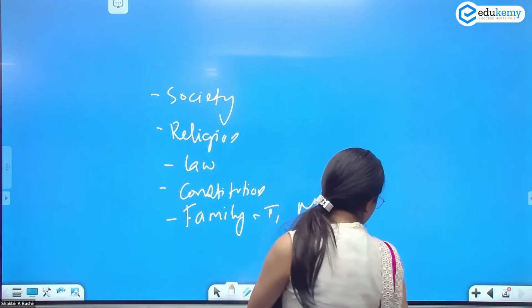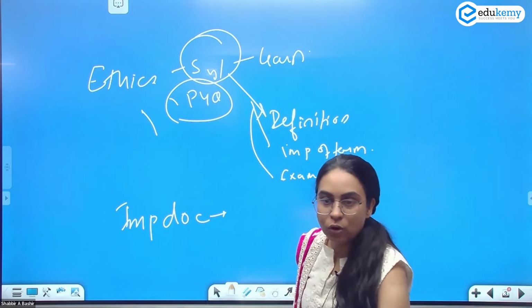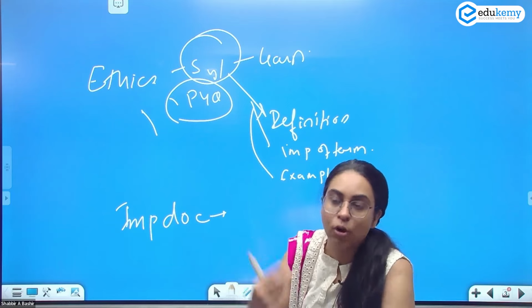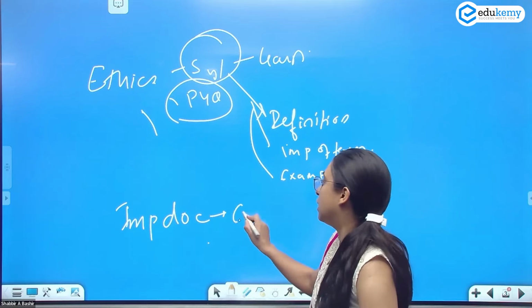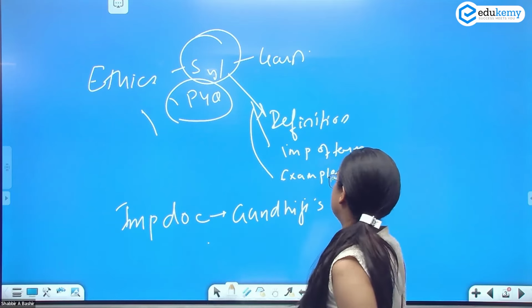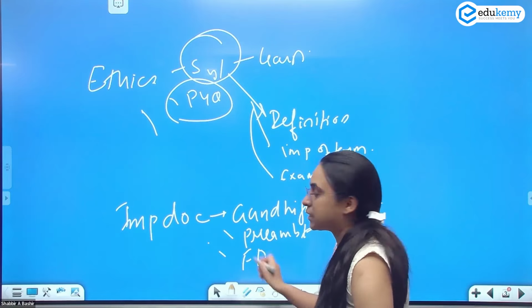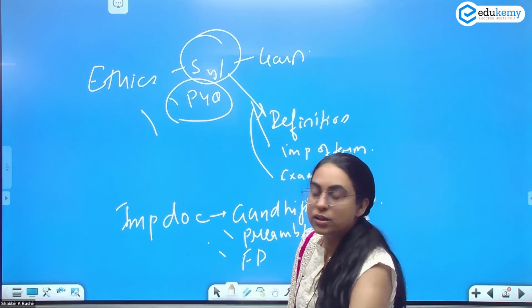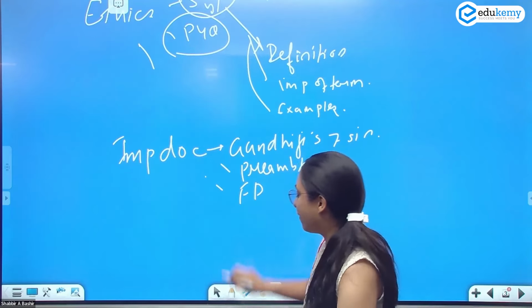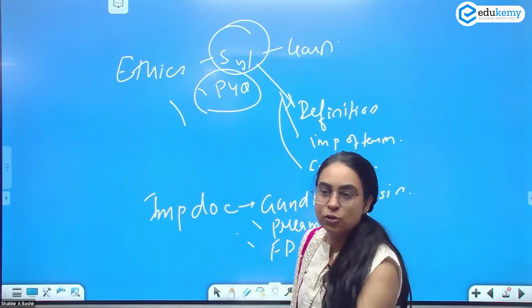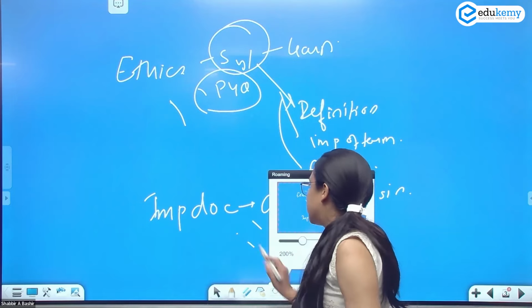अपार्ट फ्रॉम दिस, क्योंकि आप एथिक्स की बात कर रहे हो, आपके लिए कुछ और डॉक्यूमेंट्स इंपॉर्टेंट हो जाते हैं, जैसे कि गांधी जी 7 सिन पढ़ लेना, प्रियम्बल को देख लेना, फंडामेंटल ड्यूटीज को देखना. यू शुड रिमेंबर फंडामेंटल ड्यूटीज. फॉर मेनी ऑफ अस हु हैव इंटरेस्ट इन संस्कृत श्लोक्स, दोहा, ट्राई टू यूज दैट.